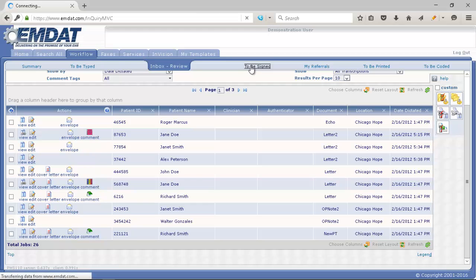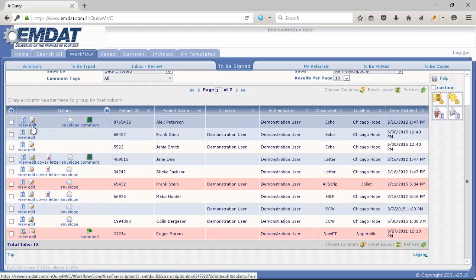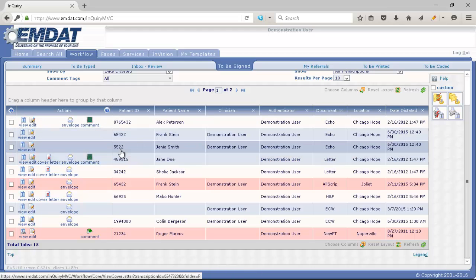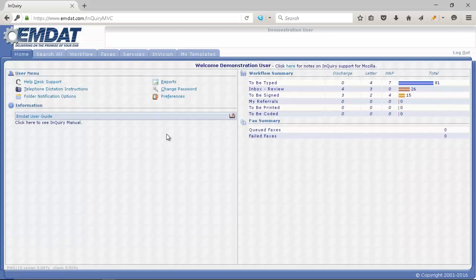Notes waiting to be signed. So you can see here, same idea. You can go in here and edit these, view these, or check them off and go ahead and sign them with your e-signature as well. So very, very nice, very easy to use web portal here. And that's really going to be the key features there, really going to be your workflow summary along with your reports. That's really where you can get in there and do a lot of your